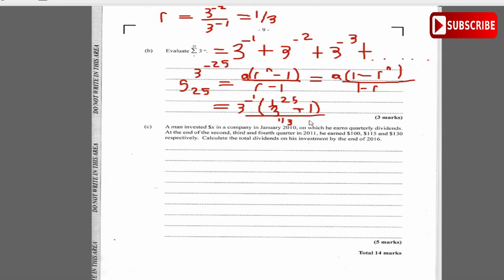So we're going to put this in our calculator. Just working it out now, r is 1 over 3, raised to the 25th power, multiplied by a, which is 3 raised to the minus 1, and divided by